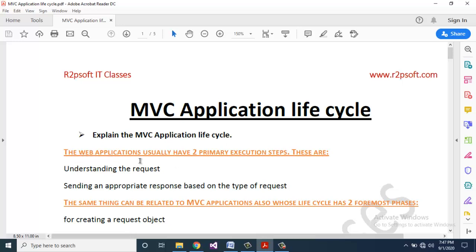The web applications usually have two primary execution steps. These are understanding the request, and second, sending an appropriate response based on the type of request.